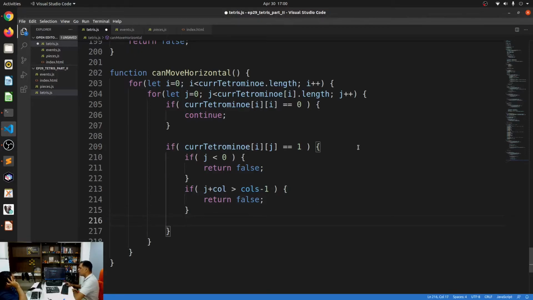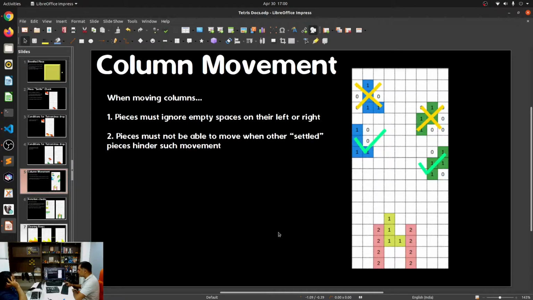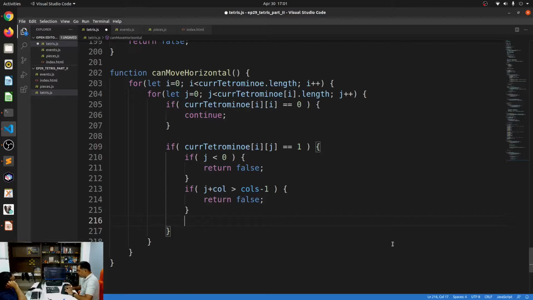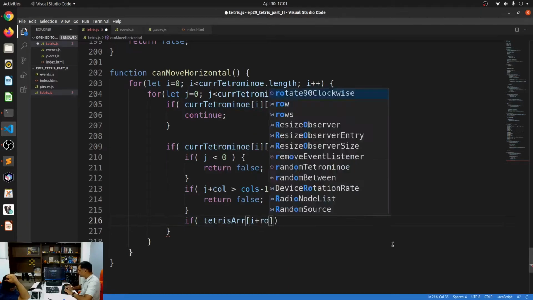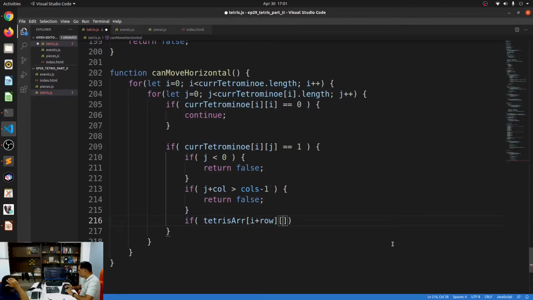And the third condition, so these two conditions essentially take care of making sure that they don't exceed too much on the left or too much on the right. And the third condition, we'll have to make sure that they are not able to move if there are settled pieces in their way. The way to do that is to just say if Tetris array of I plus row of j plus call